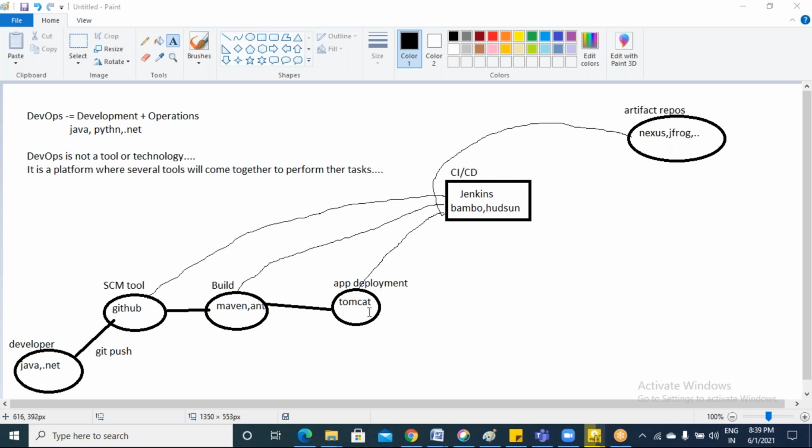Facebook will deploy it in one single server, and from one single server, Facebook cannot operate the entire globe. Facebook cannot accept the entire globe's requests from one single server. So what Facebook will do is create its child servers. It will keep those child servers in different countries, and it will operate from there, and connect all those child servers to the main server. Okay, you are getting this?